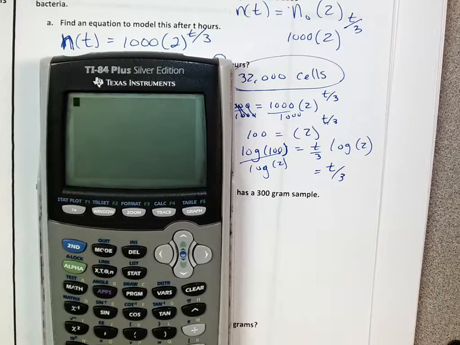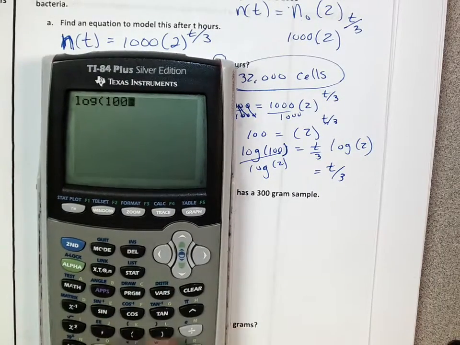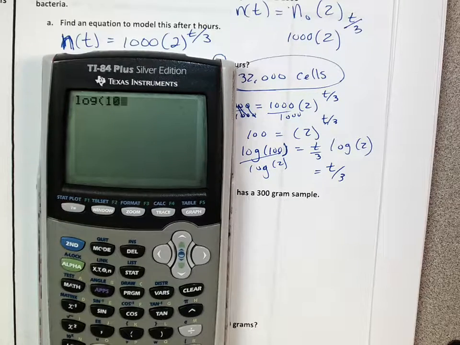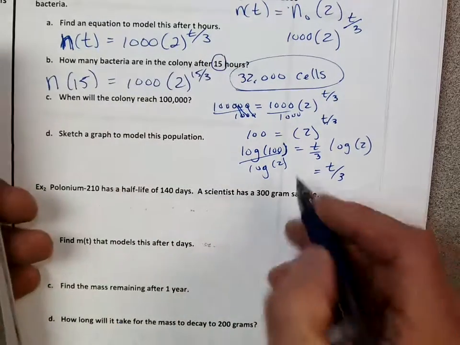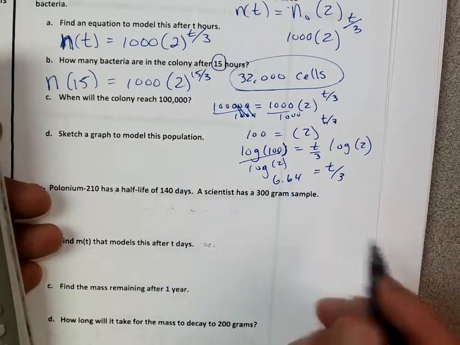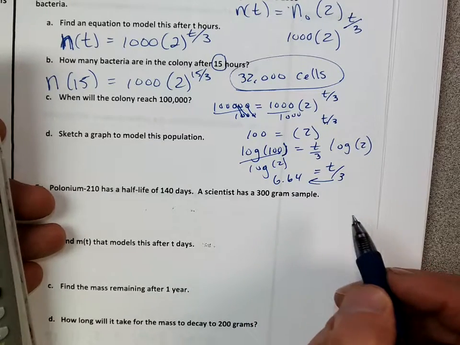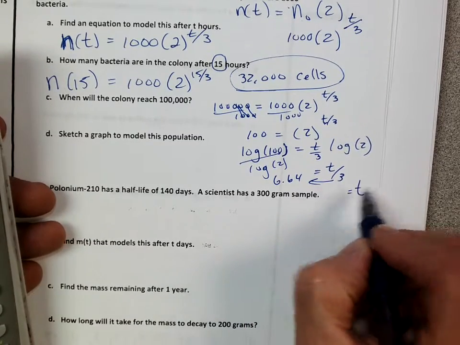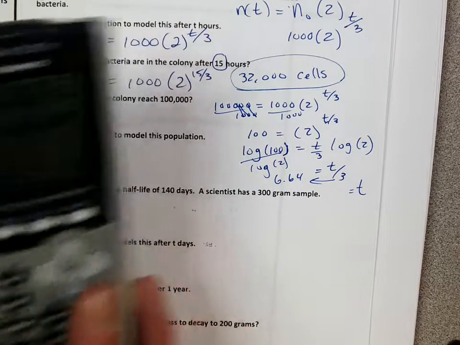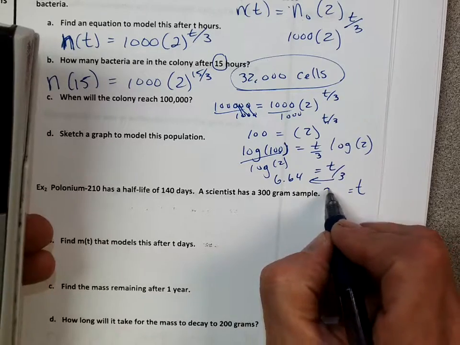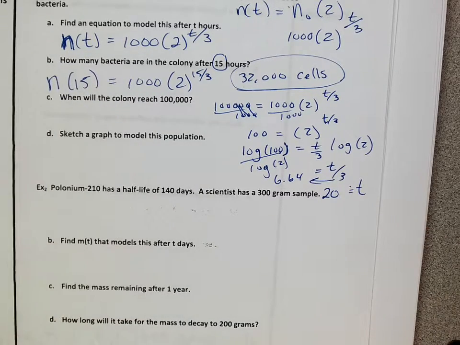I'm going to go log 100 divided by log 2, and I get an answer. Oops, that's not right. Forgot to divide. One more time. Log of 100 divided by log 2, and I get about 6.64, right? 6.64, and the last step would just be to multiply by 3, right? So multiply this by 3, and I get an answer about 19.9, or about 20 hours, right? Approximately 20. So it'll take about 20 hours for it to go from